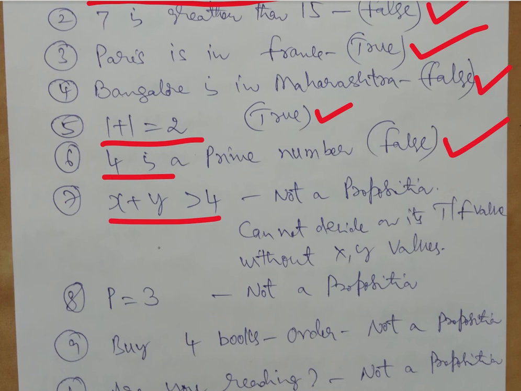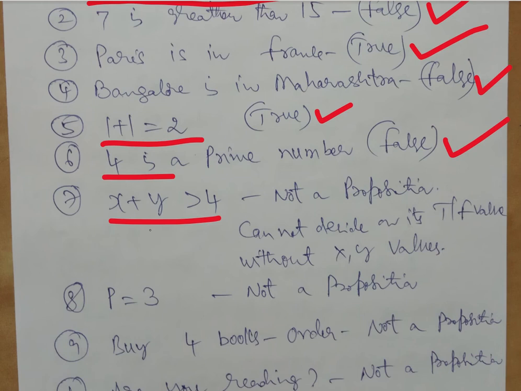You cannot decide. Because I can give x value 1 today, tomorrow I can give x value 5, the day after I can give 0, then I can give minus 1. So as I vary the values of x and y, the statement takes a different shape. For some values of x and y it is true, for some values of x and y it is not true. Then I cannot make a declarative statement for this, and hence I cannot attach a concrete true or false at any given point of time for the given value. Then it is going to be a confusing statement, so it cannot be a valid logical statement.